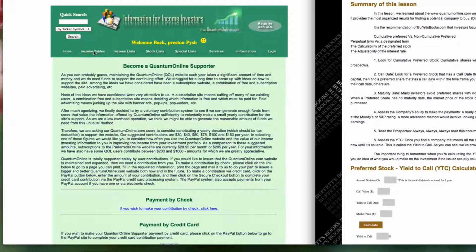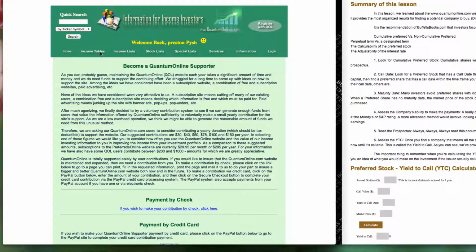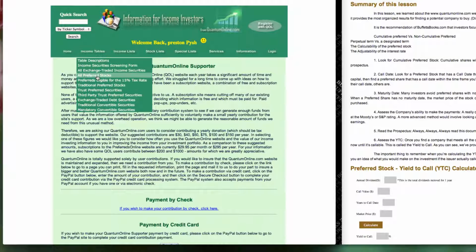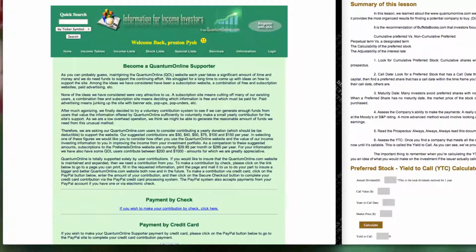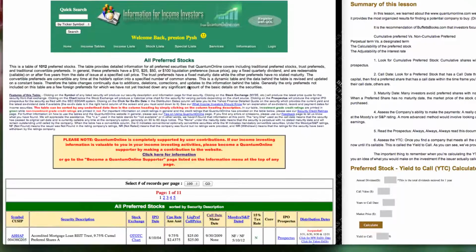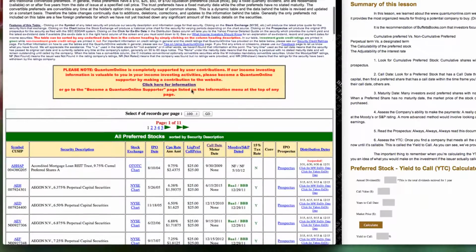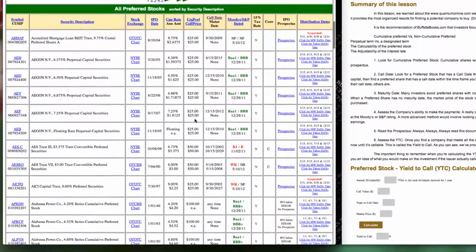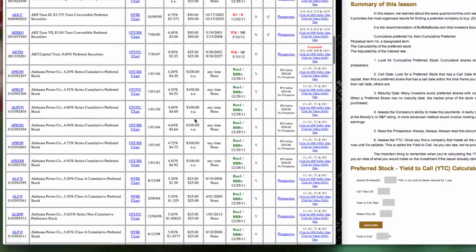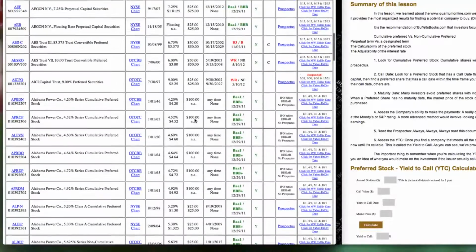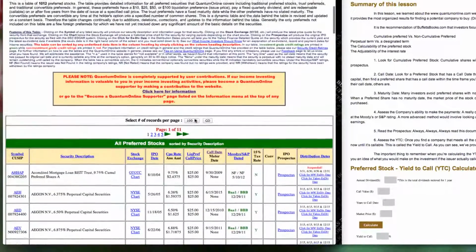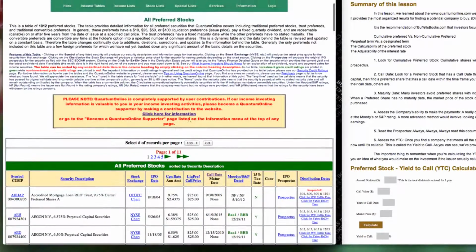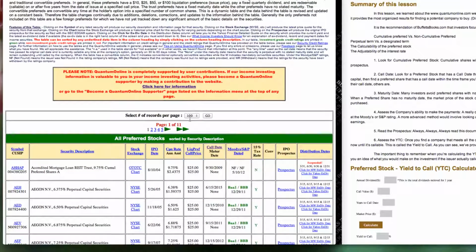The first thing you're going to probably want to do is go to this income table, and you'll click on this and you can select all preferred stock. And when you pull that up, it gives you a list, and you can see there's many pages, one of 11 pages, and it lists all these preferred stocks that you can invest in. This is definitely the most comprehensive spot you can come to in order to find something that's just simply dealing